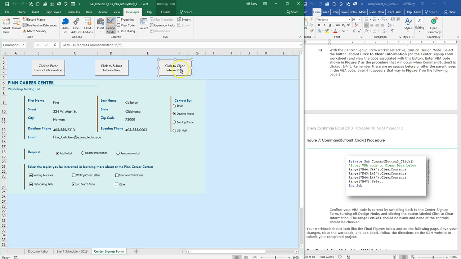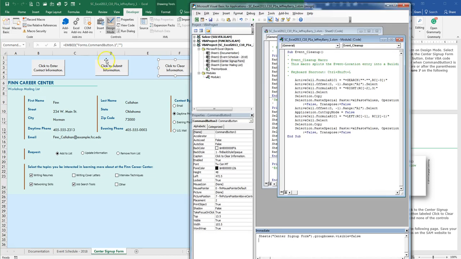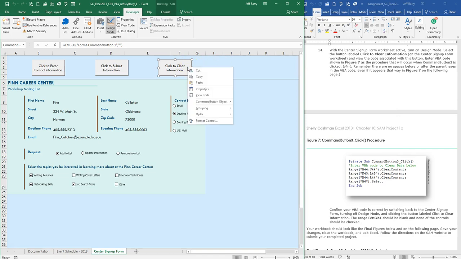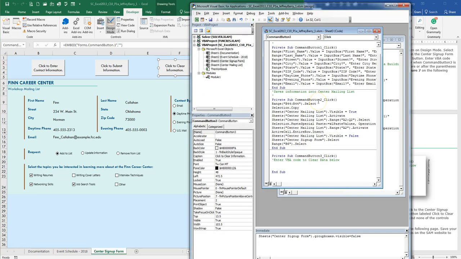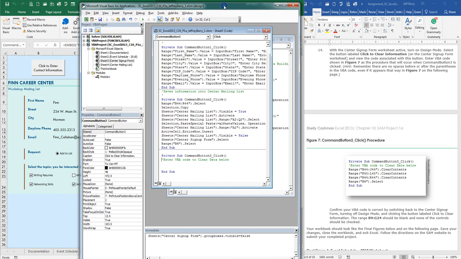So if we're going to view the code, we're just going to click on our Visual Basic. Oh, well, maybe. Yeah, my apologies. Right click. I had it right the first time. And view code. Okay, so it shows us this is the code for this button right here. Okay. Now it says